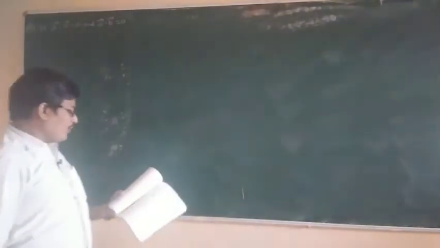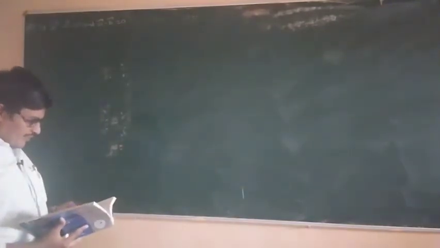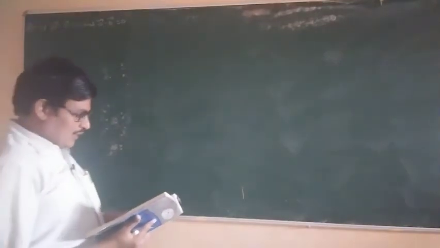Today we are going to the next problem in exercise 10.3. Up to 11th problems are completed. Next, the 12th problem. What is the problem? If a bar dot a bar is equal to 0 and a bar dot b bar is equal to 0, then what can we conclude about the vector b bar?